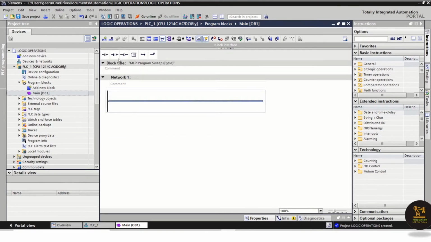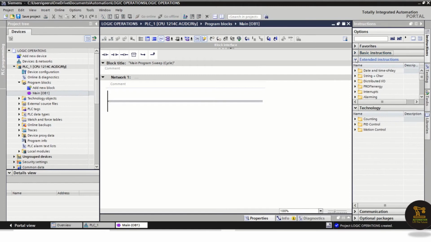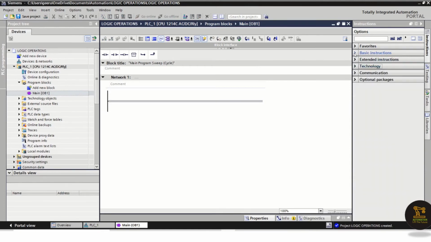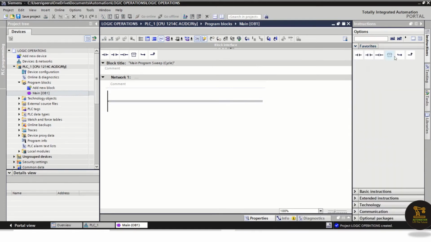So this is favorites, as I already showed you, right? This is my favorites. There are certain operations, and we will be working only with these operations currently.